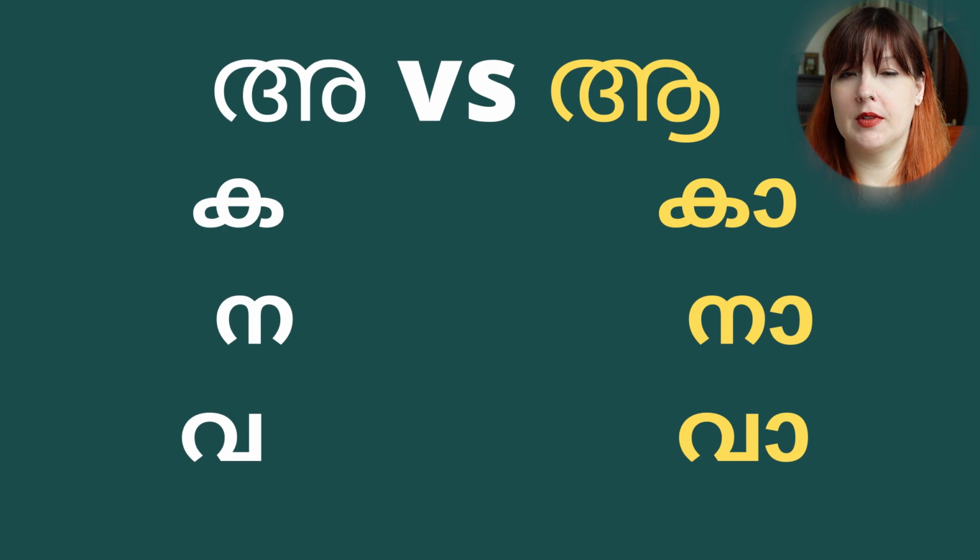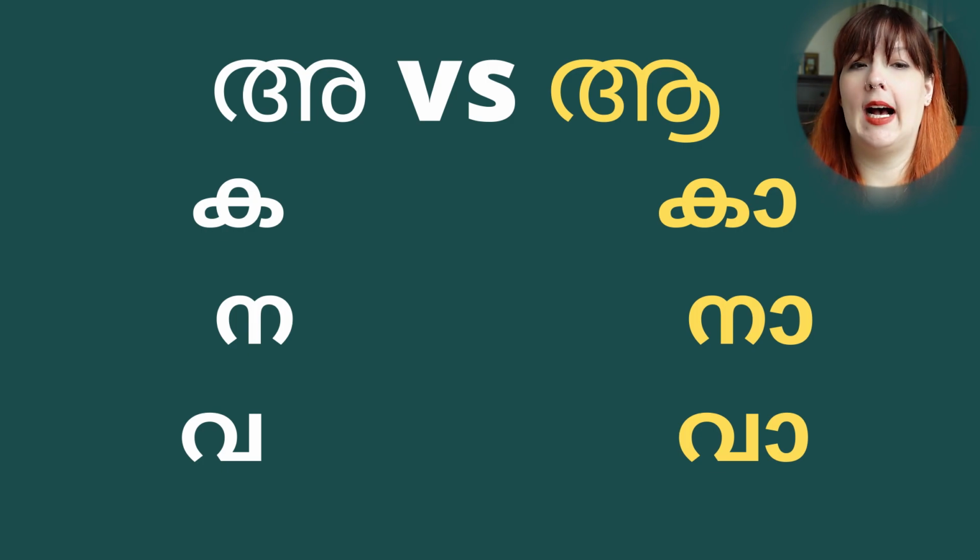This is very important to make sure that you have the length correct. Firstly, when we have the short a, we need to keep it short. It's a very short sound. Ka, ka, na, na, va, va. When we're learning letters, we tend to exaggerate, but when spoken, namaskaram. There's one long sound and the rest are short. Namaskaram. Okay, so the timing is really important for this.